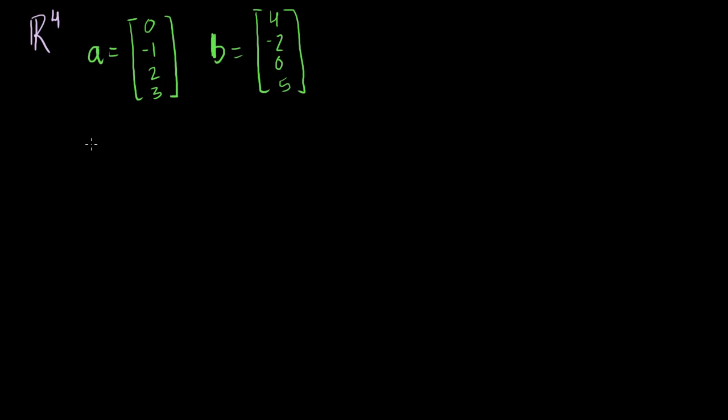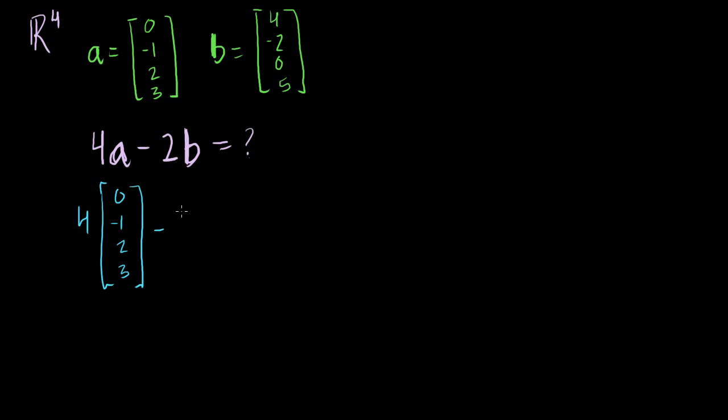So if I were to say 4 times A, this is the vector A, minus 2 times B, what is this going to be equal to? And this is a vector. What is this going to be equal to? Well, we could rewrite this as 4 times this whole column vector, 0, minus 1, 2, and 3, minus 2 times B, minus 2 times 4, minus 2, 0, 5. And what is this going to be equal to? This term right here, 4 times this, you're going to get,